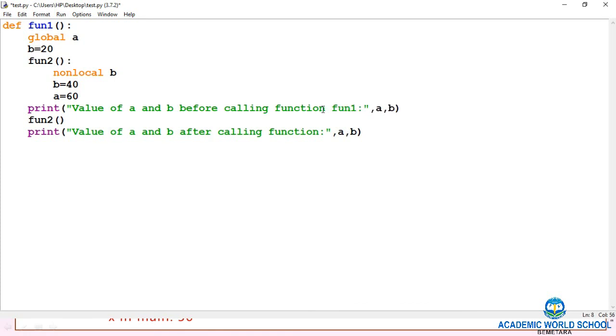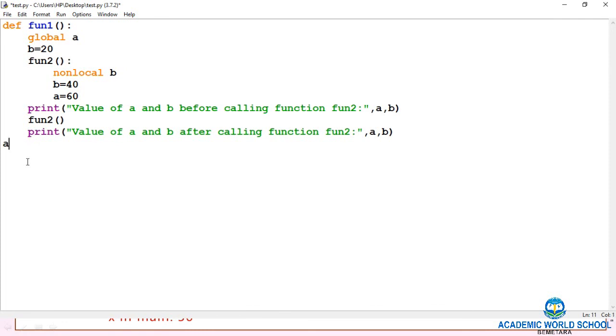Okay, now the main program will start. Now value of a and b, suppose that 10, a comma b is equal to 70 comma 80.